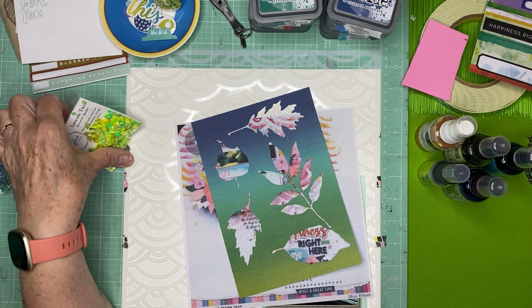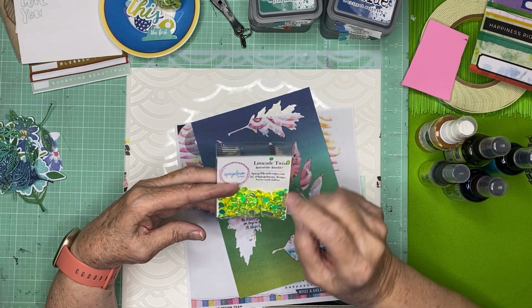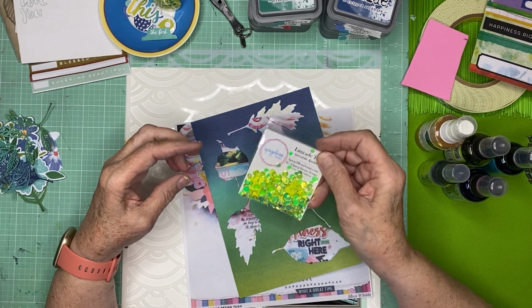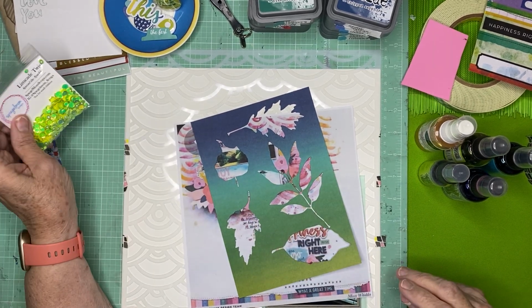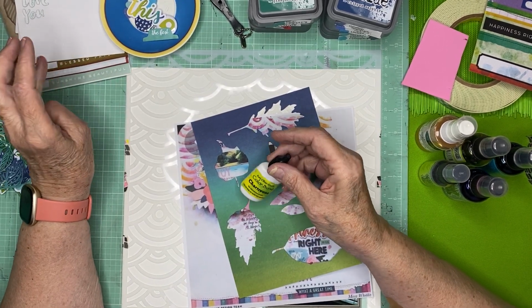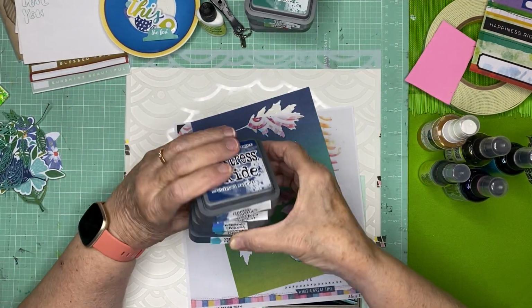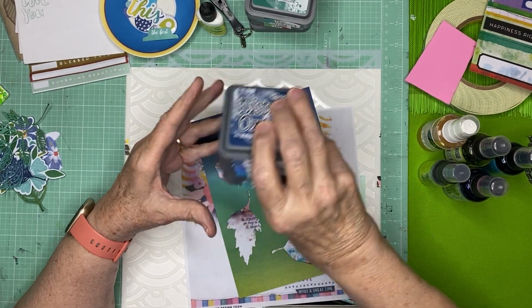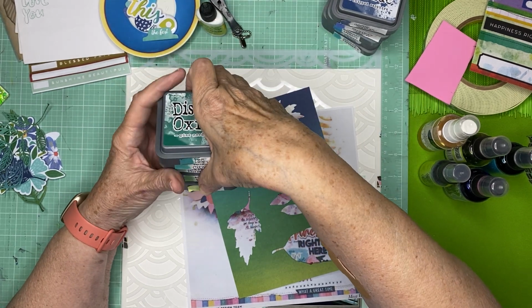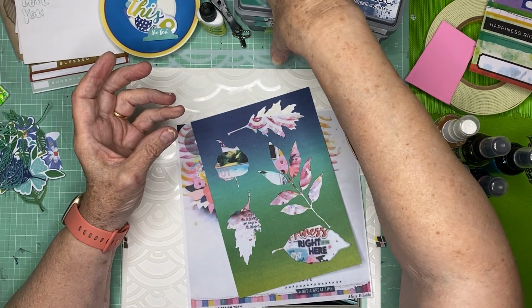I've got this Limeade Twist sequin mix that has the little kiwis in it, and just some beautiful chartreuse colored sequins. So I'm going to try to work those in. I have this chartreuse color burst from Ken Oliver and a collection of blues in the Distress Oxides in the order that I'm going to use them, and then greens going down to Twisted Citron. So we'll see how...